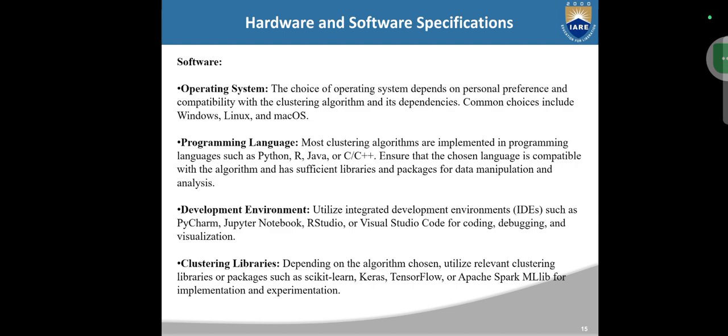Programming language: most clustering algorithms are implemented in programming languages such as Python, Java, or C++. Ensure that the chosen language is compatible with the algorithm and has sufficient libraries and packages for data manipulation and analysis. Development environment: utilize integrated development environments such as PyCharm, Jupyter Notebook, RStudio, or Visual Studio Code for coding,